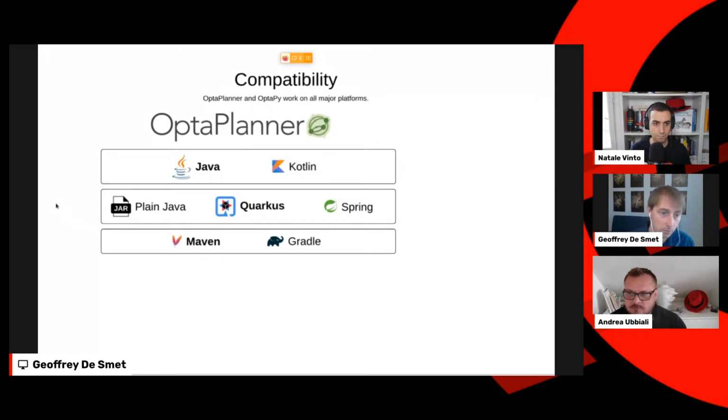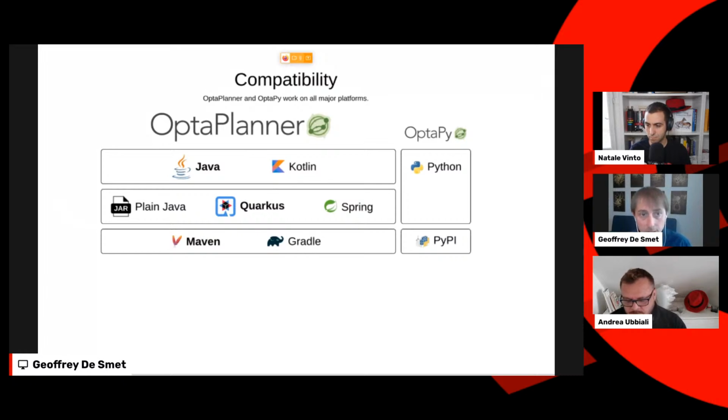Today I'm going to use Maven, but you could build this with Maven or Gradle, or probably any other tool too, but these are the two major ones in the Java and Kotlin ecosystem these days. On the other side, we have OptaPy, which is a Python implementation of Optaplanner. It actually uses Optaplanner under the hood, but you don't see that as a Python user. You can write all of your code in Python and just run it.